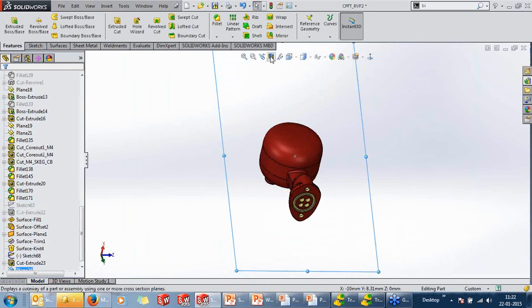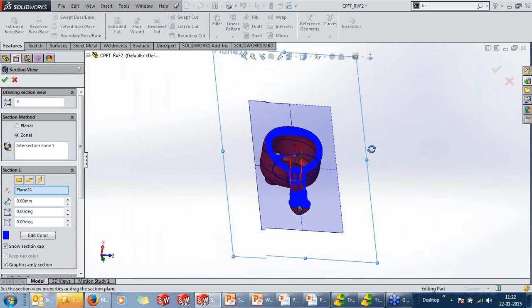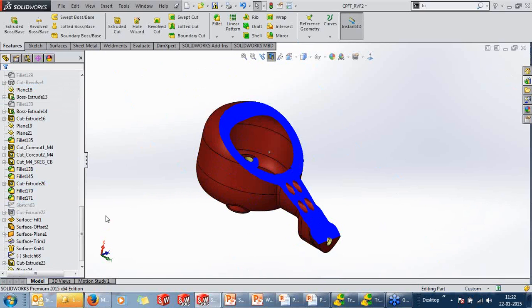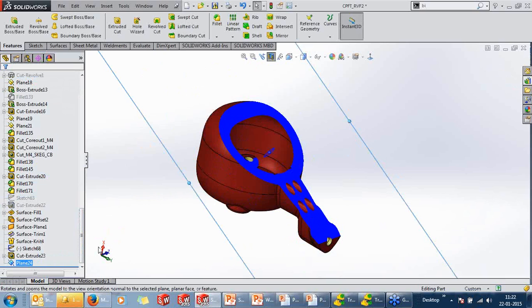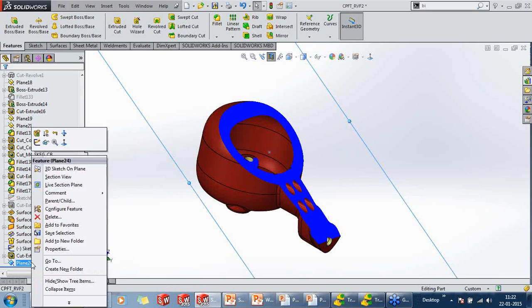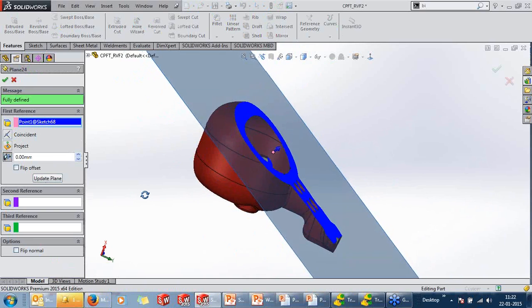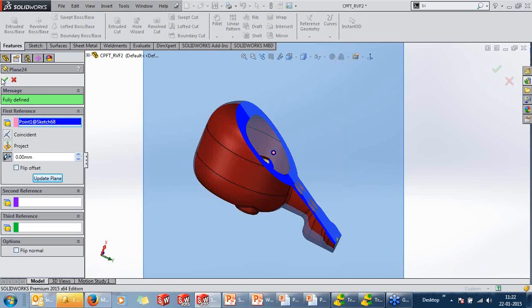As you can see, I create a section view. Creating this sort of section view is very easy, as we have the new plane options. So any changes made to this plane options is also possible. So I just need to click on change my orientation of the screen and click on update plane.